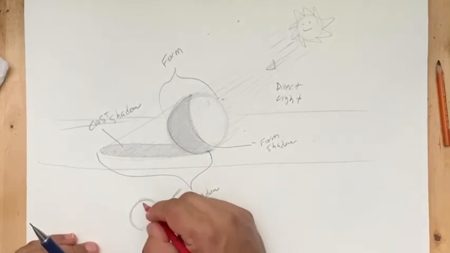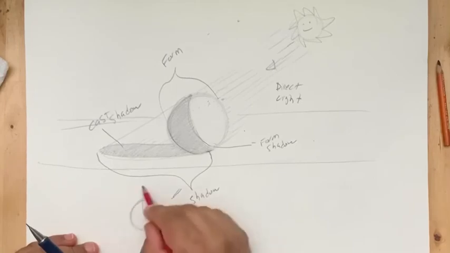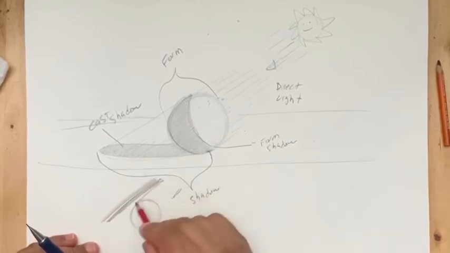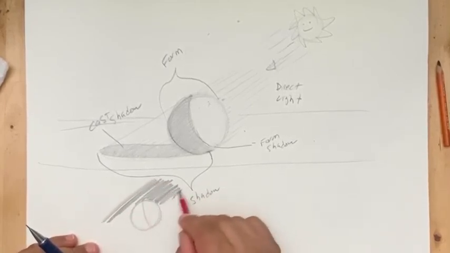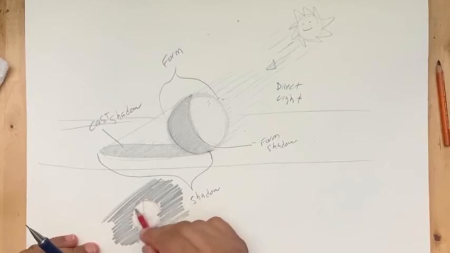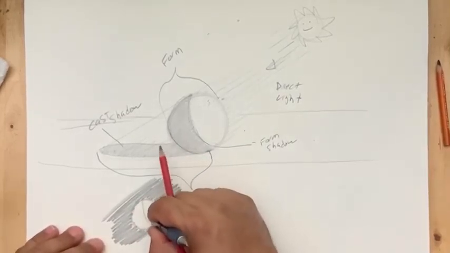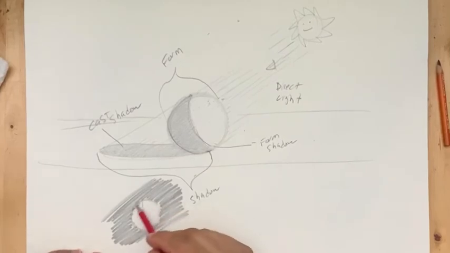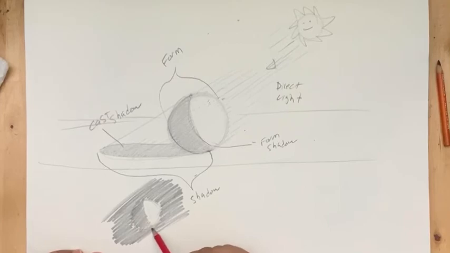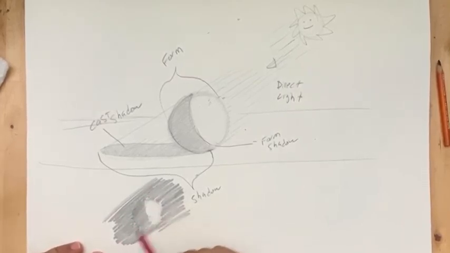So the shadow shape is always perpendicular to the light source. So let's say that we're looking at the moon in outer space. We have the round moon, and it's surrounded by the darkness of space. The shape of the shadow is the same as it is on a ball, sort of a half moon shape somewhere on the ball. But out in outer space, the moon, depending on the position it's in, it's not next